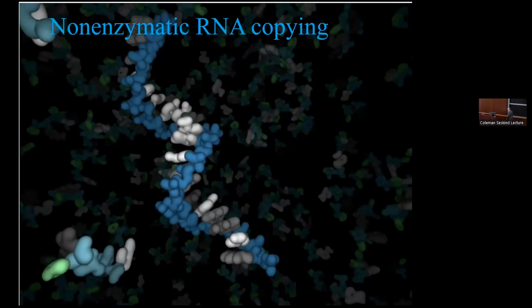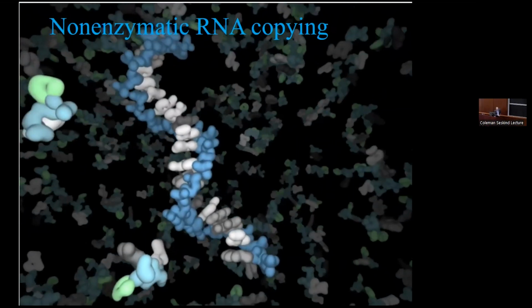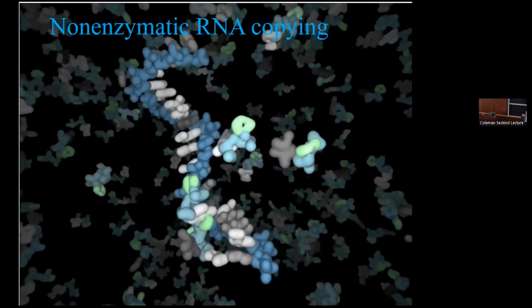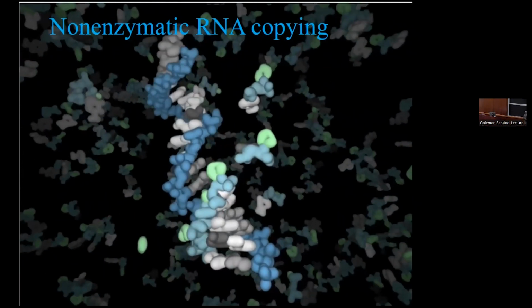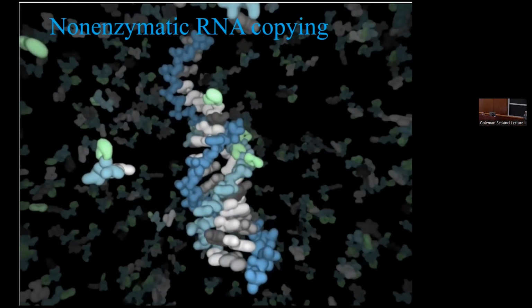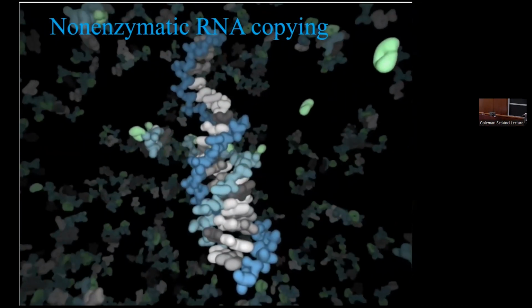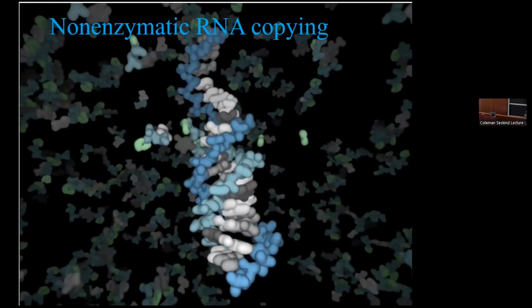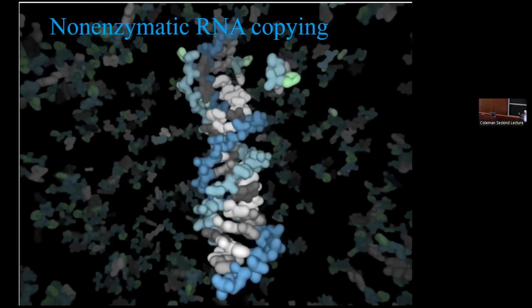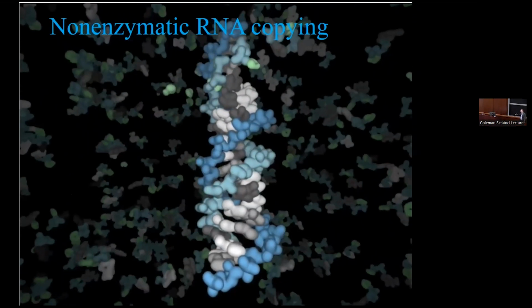So I want to show you this movie. It's a little bit out of date, but it'll give you the idea. So the idea is we have some short strand that's floating around in a very chemically rich environment, and you have highly reactive building blocks that are floating around. They find their partners pairing by Watson-Crick base pairing and gradually click into place, sort of like click chemistry that just won the Nobel Prize.